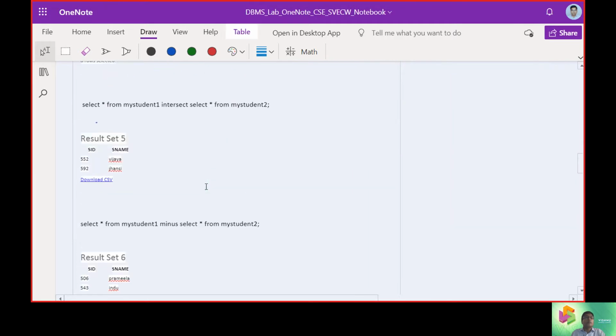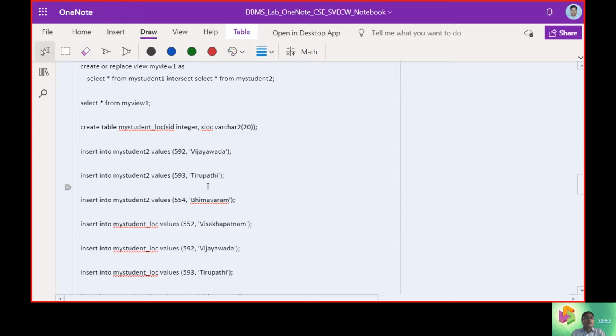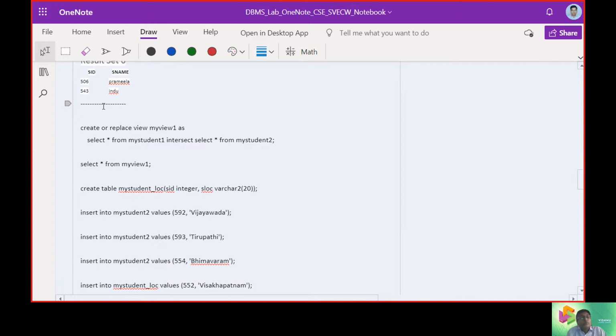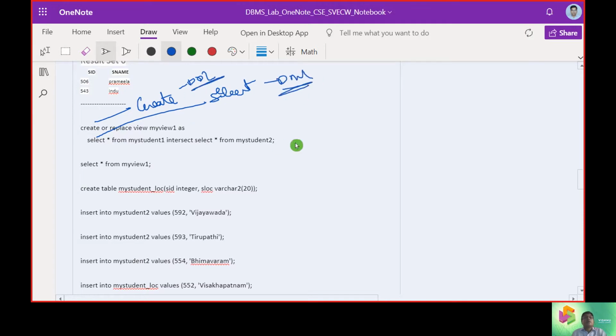Okay. Now let us work with a new concept called views. To work with a view, the most important thing is we need a create command, and then a select command. That means it is working with data definition and data manipulation.